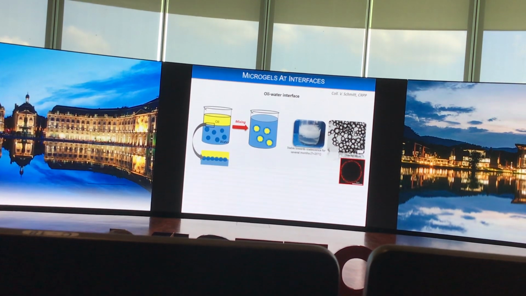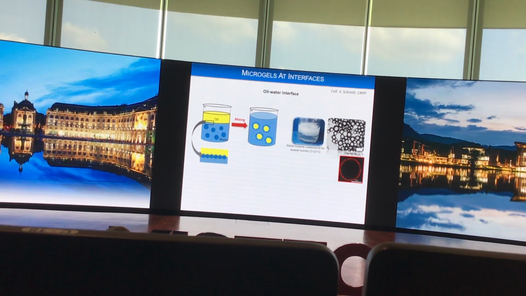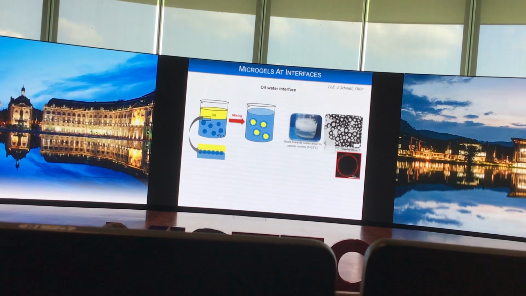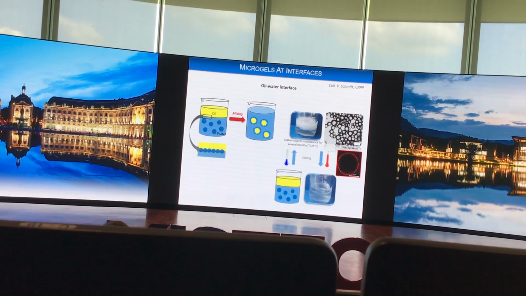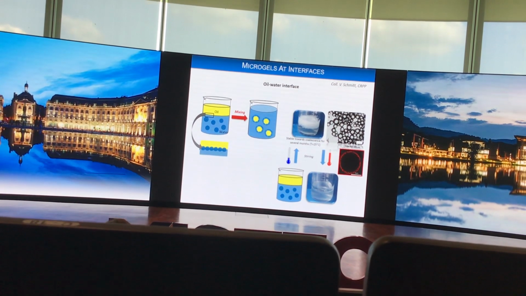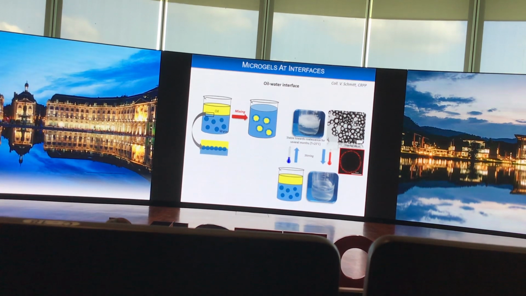And these emulsions are stable for months at rest, at room temperature, for example, if the particles are swollen at room temperature. But in the case of particles which are thermoresponsive, when you heat these particles above their volume phase transition, the emulsion will be destabilized on demand. So this is interesting for formulation